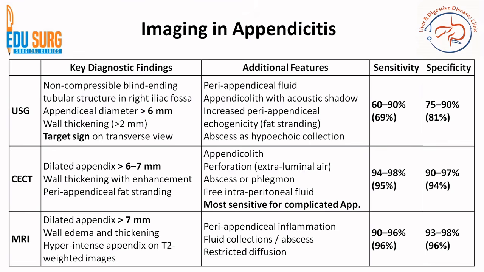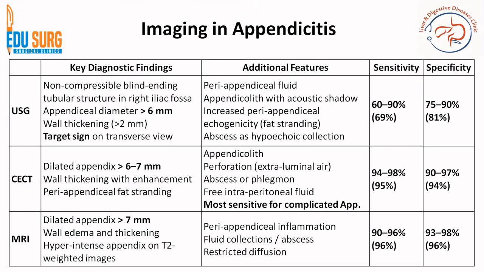Once the ultrasound is done, if the patient was high probability, you can directly go for surgery. If the patient has all these findings on ultrasound, it is a confirmed diagnosis, and you can go for your management. If it is still inconclusive, then you go for a CT scan in most populations, and MRI, especially in children